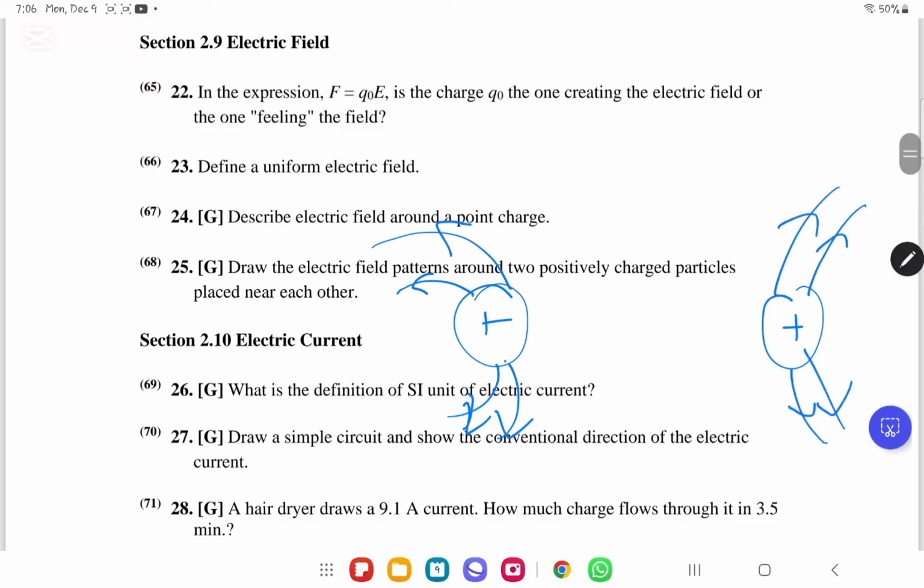And there we go. Now one thing we also need to know is that the closer something is to the source of the electric field, the stronger the electric field is. And if something is in the center of the repulsion, there is no force acting on it. So definitely that's